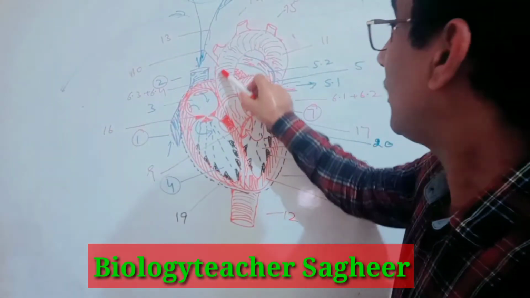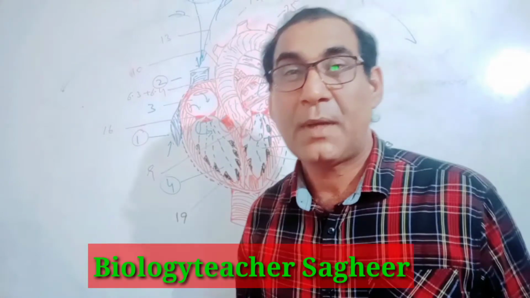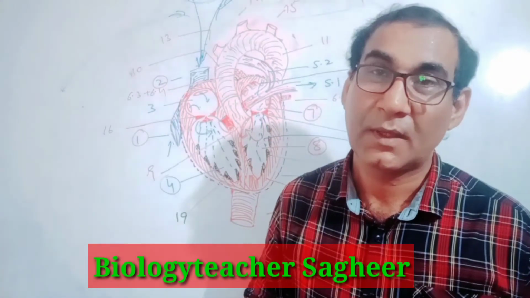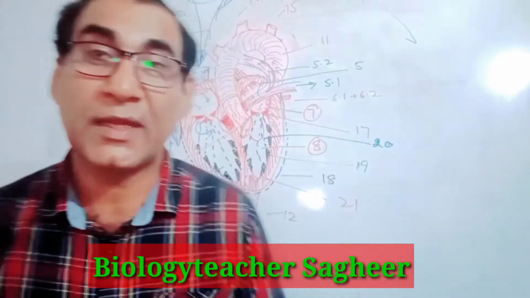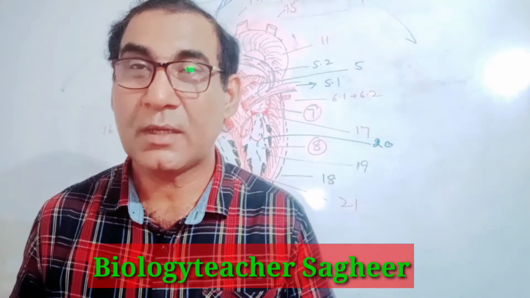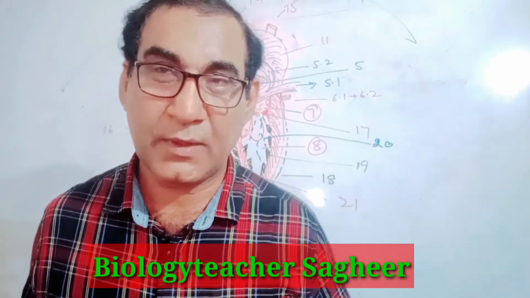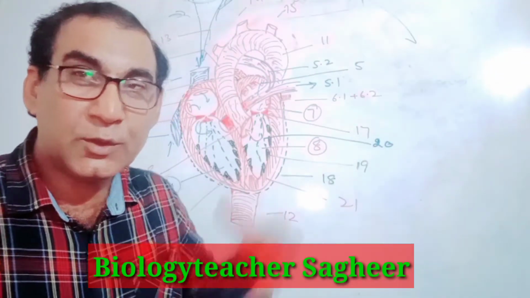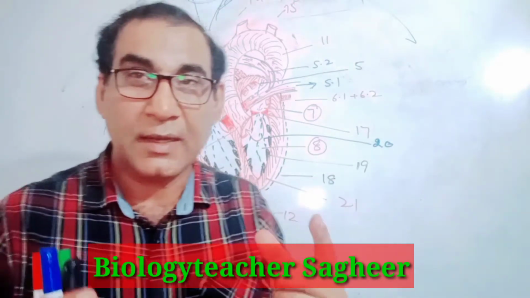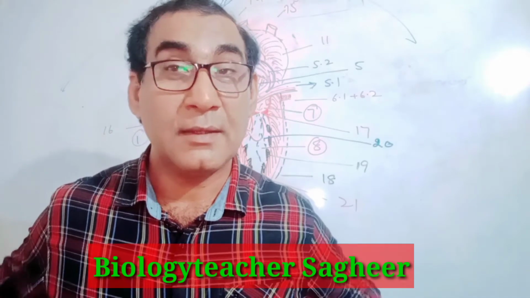From the ascending aorta, the blood is taken back by what? Two blood vessels. Okay, and those are known as what? Coronary arteries. They bring the blood to the walls of the heart after oxygenation. As the blood is being transported to the body, the coronary arteries bring the blood back into the heart, and they supply the